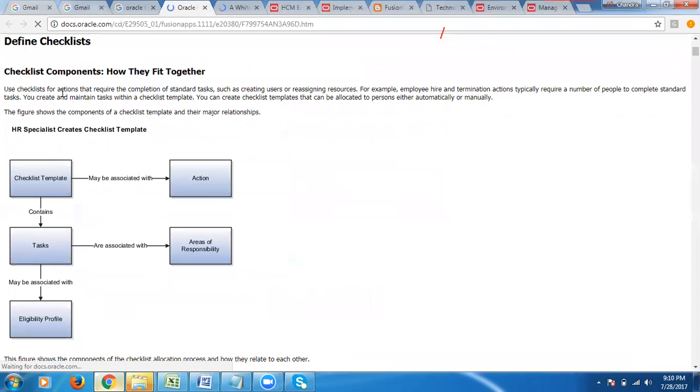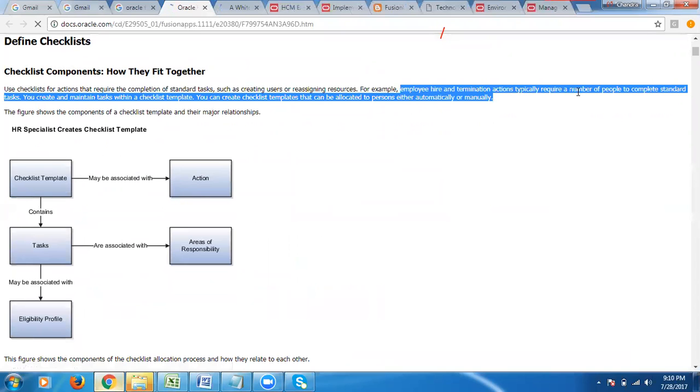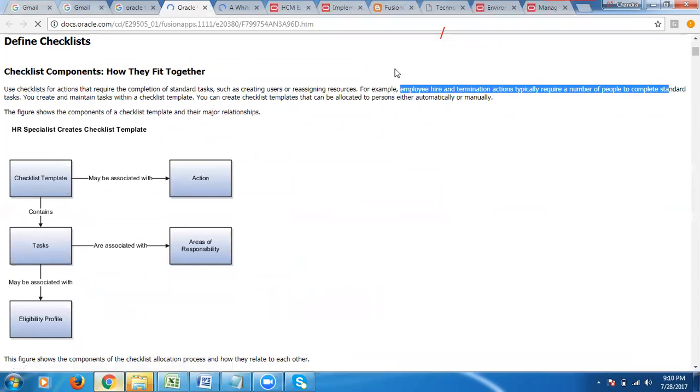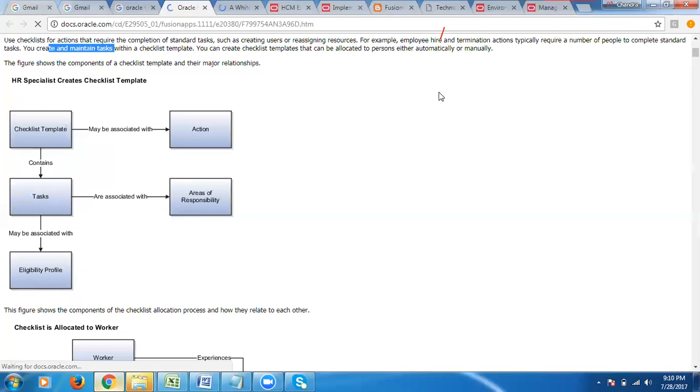Checklist is for actions that require the completion of standard tasks, like creating a user, reassigning resources. For example, employee hire and termination actions typically require a number of employees to complete standard tasks. You create and maintain the tasks with the checklist template. HDL is used to load the employee data, right?